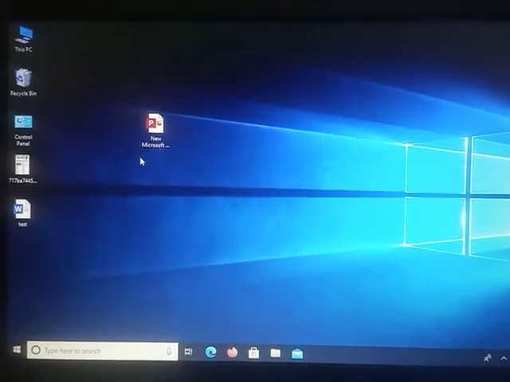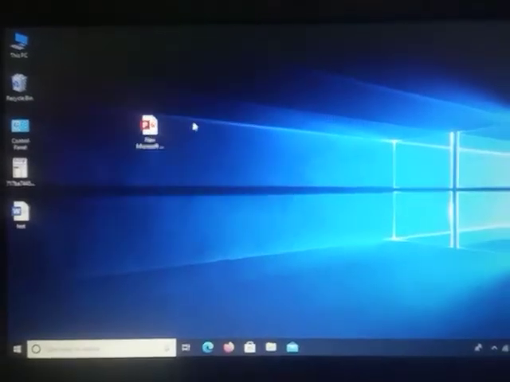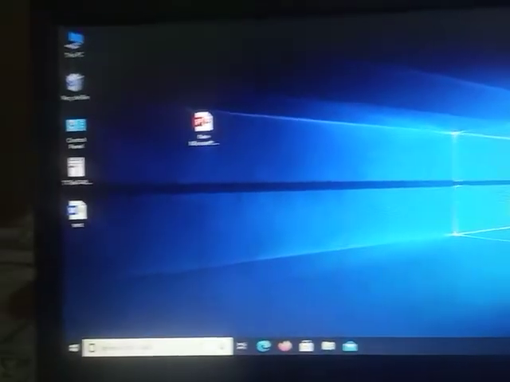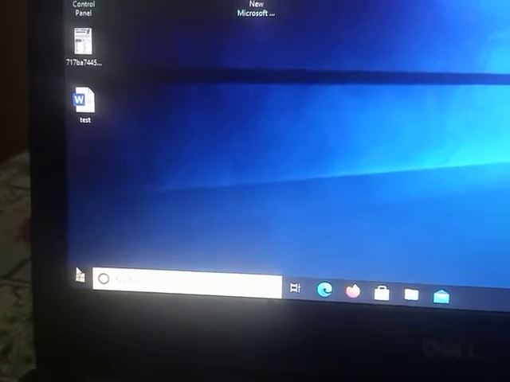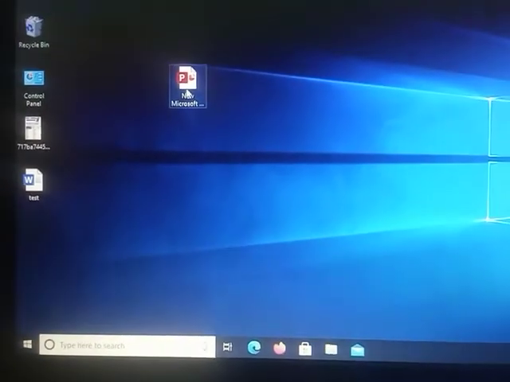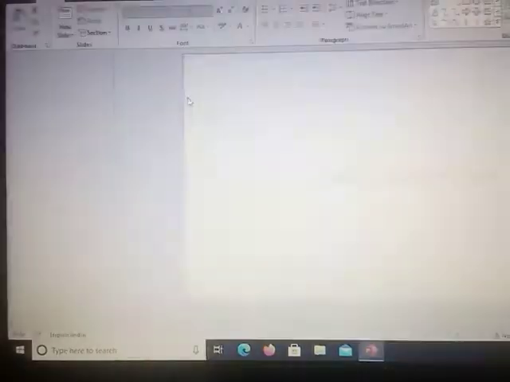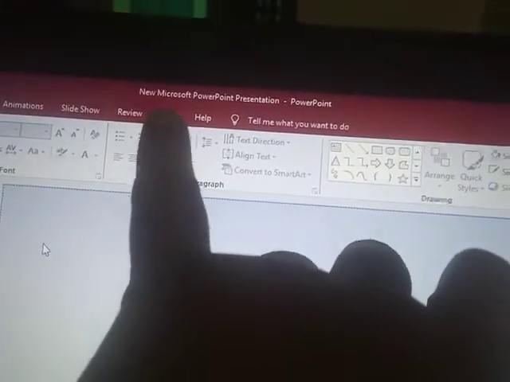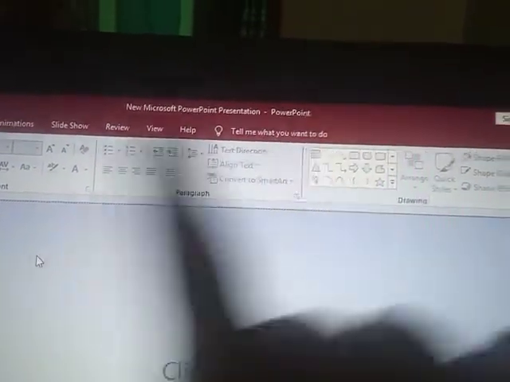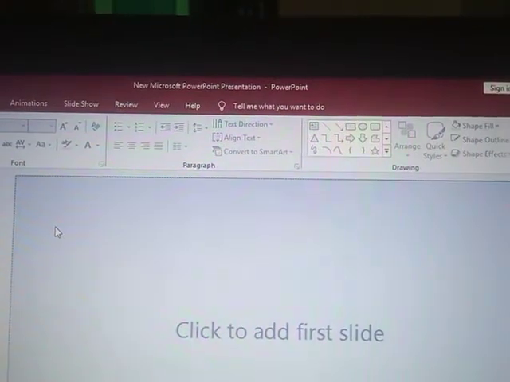As you can see, I have opened it. You can just go to Microsoft Office. You will go to Start and click on All Programs, and you will get an option of Microsoft Office. When you click on Microsoft Office, you will get an option of Microsoft PowerPoint presentation. You can see on the top the new Microsoft PowerPoint presentation. When you double click it, you will open your PowerPoint presentation, or your